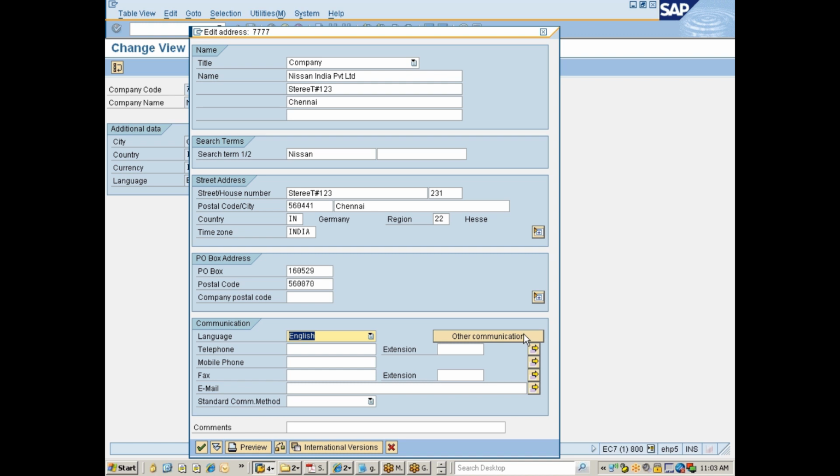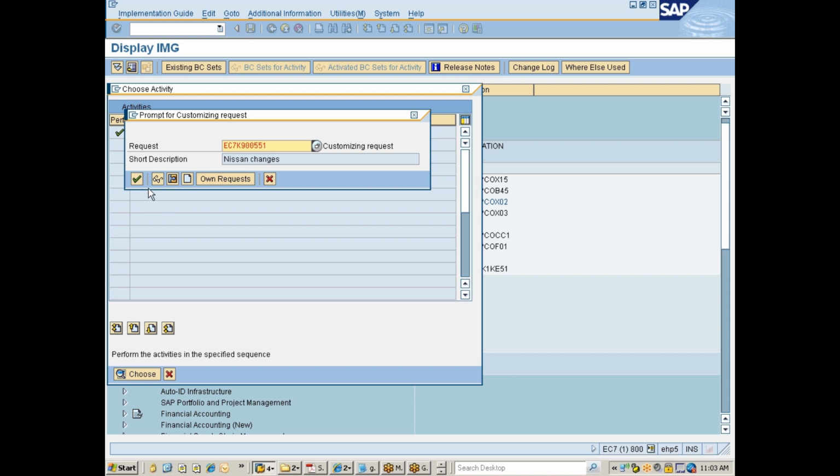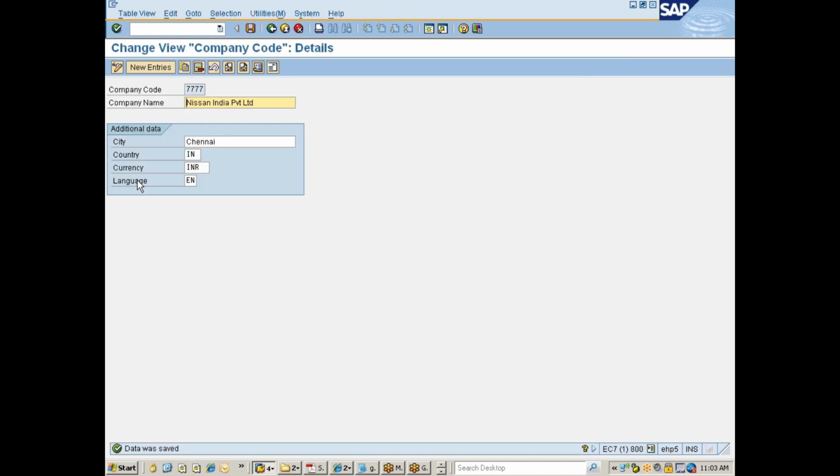Use English as the language. In case you want to maintain fax, email, address, etc. details also, you can do so here. And then finally, you go with copy or say OK, and then you save it. Once data is saved,